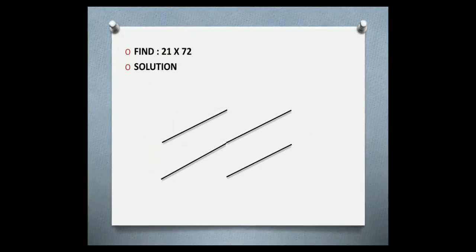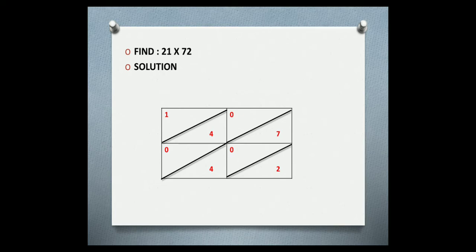Let's look at one more example. The question you can see over here is 21 into 72. Now did you see it is a 2 digit by 2 digit. So how many grids should I draw? Can you help me? Yeah, well done. Thank you so much. I should draw 4 grids. Why? Because 2 into 2 I'll get 4. Wow, good job. Now I'll write my multiplicand at the top and my multiplier at my right side. So 2, 1 at the top, 7, 2 at the right side.